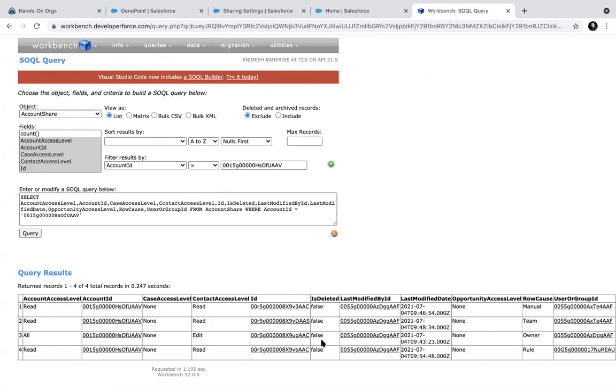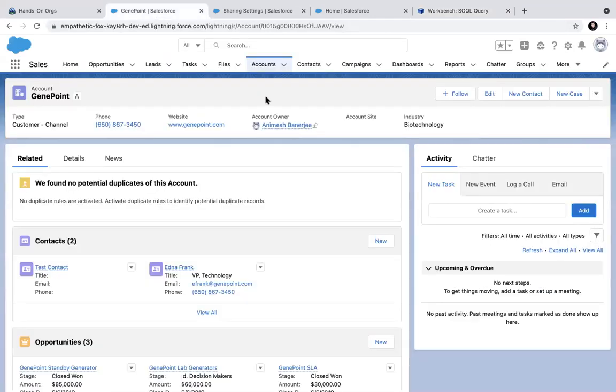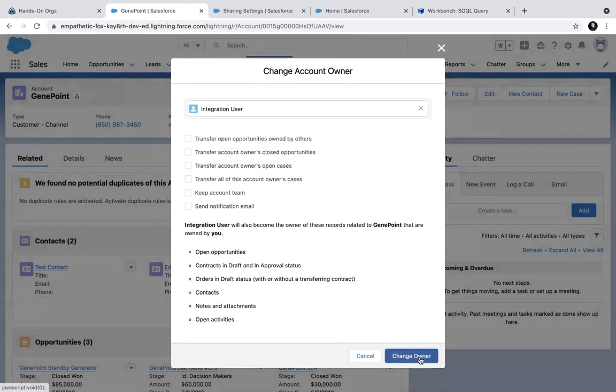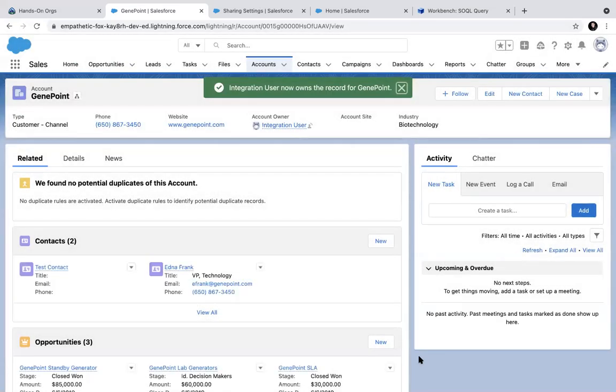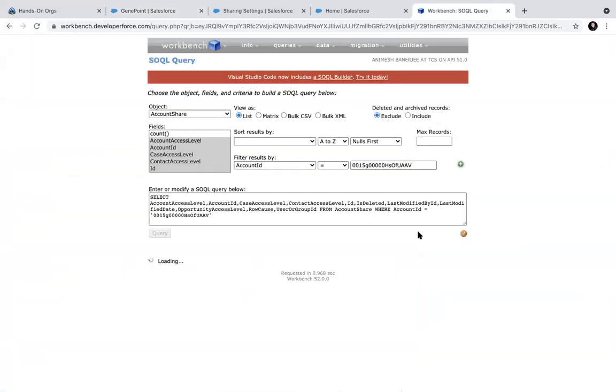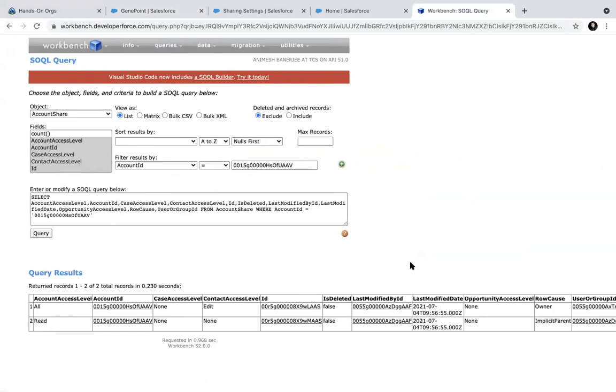So if the owner changes, just like if I change the owner, you see, I change this owner to integration user now, and go to Workbench and do a query. You see, everything changes.